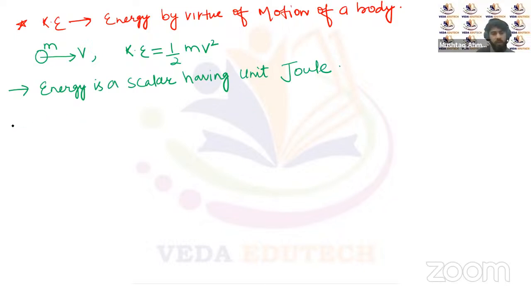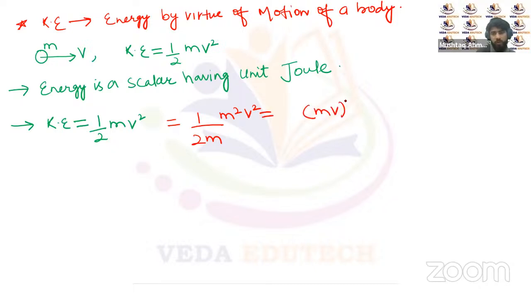So we have written the kinetic energy as, if the body is moving with speed v at this instant, the kinetic energy of this body is half mv square. If we multiply and divide this equation by m, we get this equal to half, that's 1 upon 2m into m square into v square, or m into v whole square upon 2m. So you can see that we can write the kinetic energy as